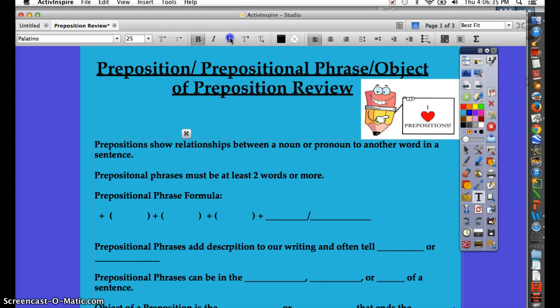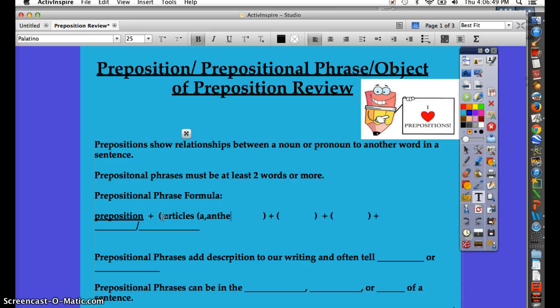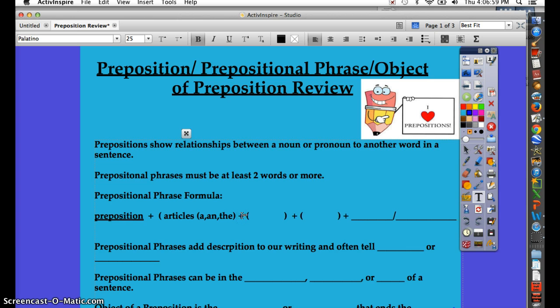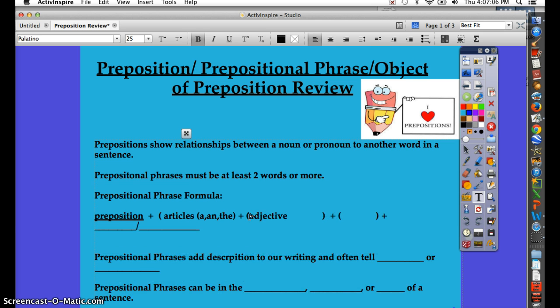And all prepositional phrases have to begin with a preposition. And then plus in the middle, we often see words called articles in there. And those would be words like a, an, or the. Right in the middle, that's there quite a bit in a prepositional phrase, the article. We studied in class probably 85 to 90% of the time we'll see an article, a, an, or the in the middle. And then also in the middle could be an adjective, and that's why that's in parentheses again, because it doesn't have to be in there, but it can be,